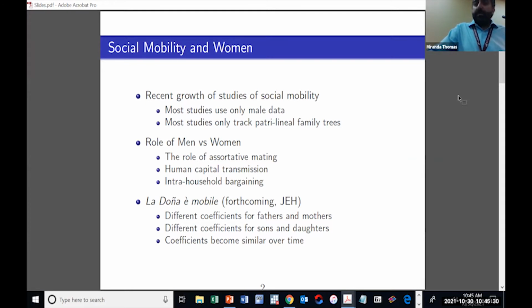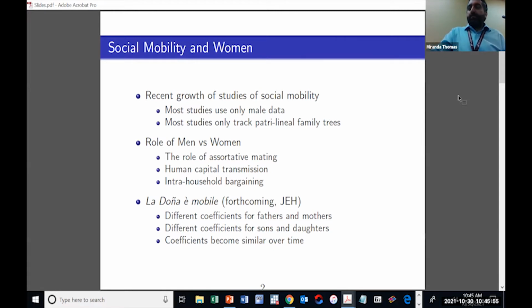And one of the problems that economic historians have had is usually the data, especially in Anglo-Saxon countries, because women change their last name when they marry. It's much harder to track the relatives and the maternal grandfathers through the matrilineal line. So using marriage records, you can go around that because women have not changed their last name when they marry, and you can see their fathers.